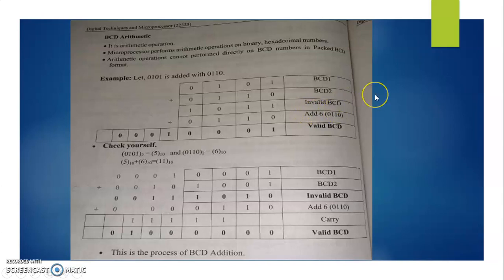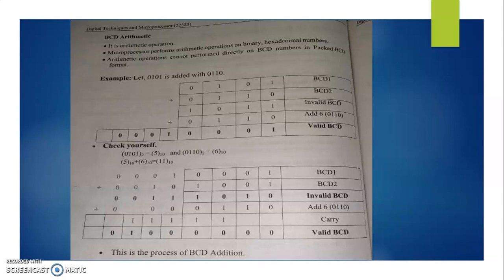That is an invalid BCD, so you have to add 6, that is 0110. Adding gives 0, carry 1, then 0 carry 1, and then 1, so your answer is 10001. That is a valid BCD. When you are doing BCD arithmetic operations, you have to add 6.